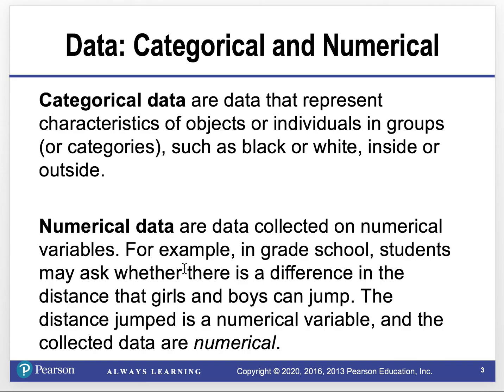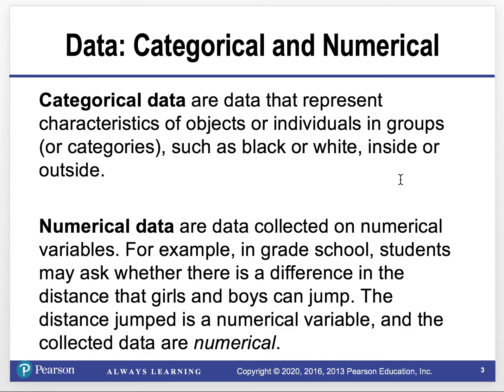All right, so first of all, we've got the difference between categorical and numerical data. Categorical data are data that represent characteristics of objects or individuals in groups or categories, such as black or white, inside, outside. For example, if we're doing a statistical study about the color of cars that college students drove, then our answers would be things like red, black, white, gray,